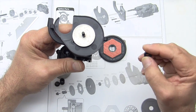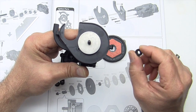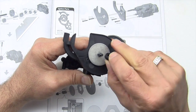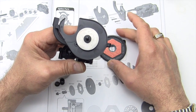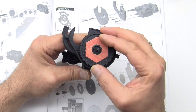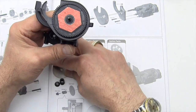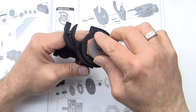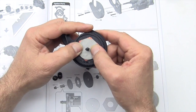Now let's take this little plastic AX31108-8. It was hard for me to find. It actually came off my tree, and thank God I keep all of that stuff in the original box, and it was in the bottom of the box. Going to press that down on there. Then we are going to take the spur gear, put it over that just like so, and take our second slipper plate, put it down on top,